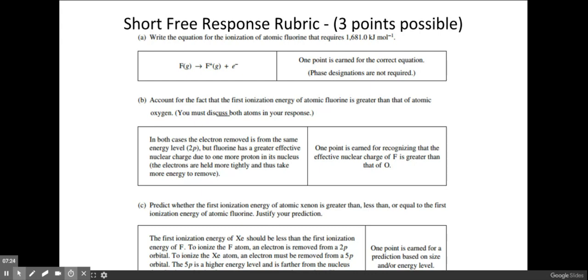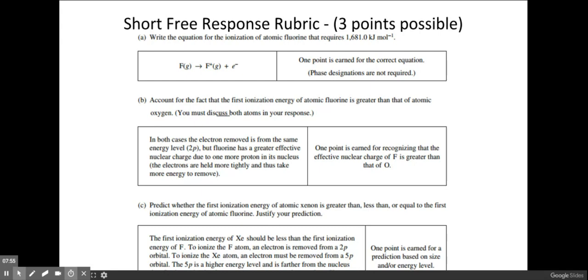So if we take a look at where fluorine is in the periodic table compared to xenon, they are not in the same period and they're not in the same group. But what's the really big difference here? Well, xenon is like 3 more periods down from fluorine. That means it has 3 more energy levels than fluorine does. And also, it is a noble gas. And so it says the first ionization energy of xenon should be less than the first ionization of fluorine,